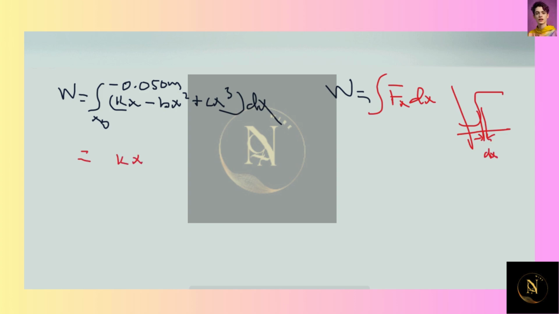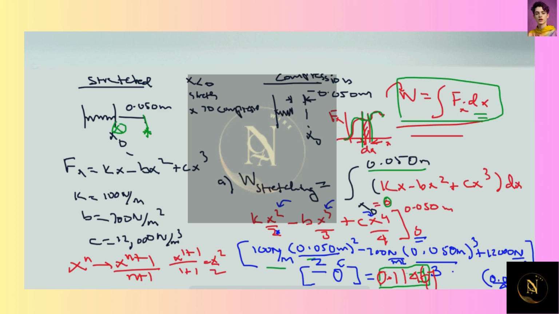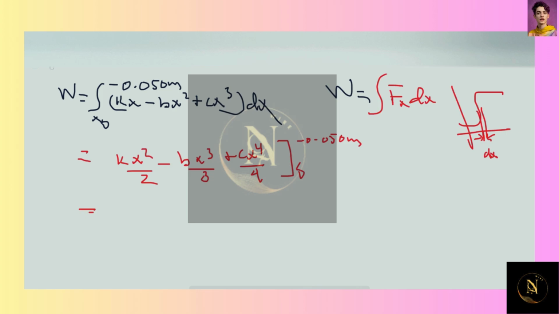So this is kx squared over 2 minus bx cubed over 3 plus cx to the 4th power over 4. The limits of integration are from 0 to negative 0.050. We do have the values of k. If you go back, you see that k is 100 newton per meter. So we're going to plug that in